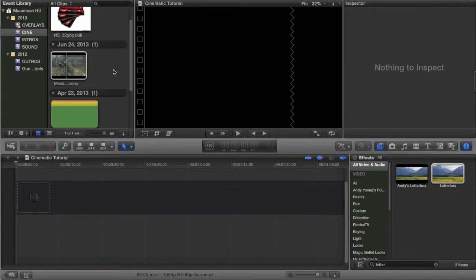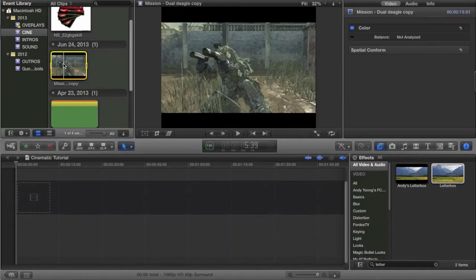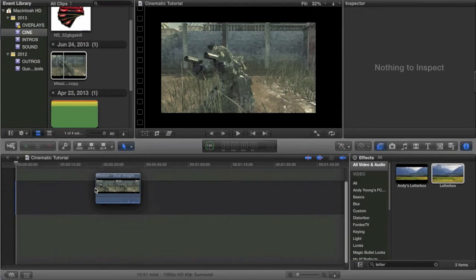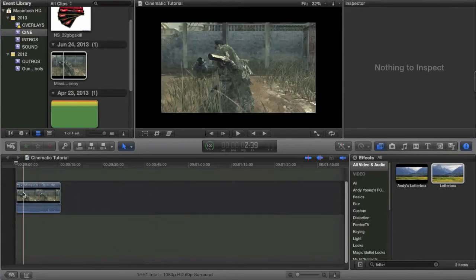The first thing is, if you don't know what they are, cinematics are basically clips of shots of the map and characters in game running around on the map. And they basically act as fillers or padding for the film you were making, the frag movie or edit or montage, whatever you want to call it. So you get these clips. You could record them yourself, or you can find them online from cinematic packs, and you bring them into